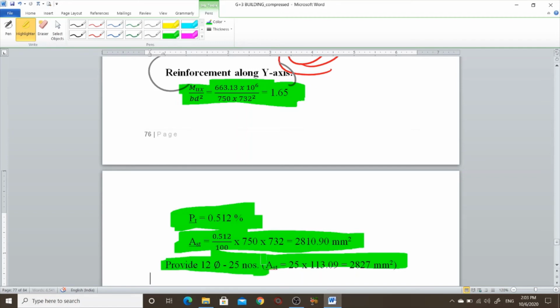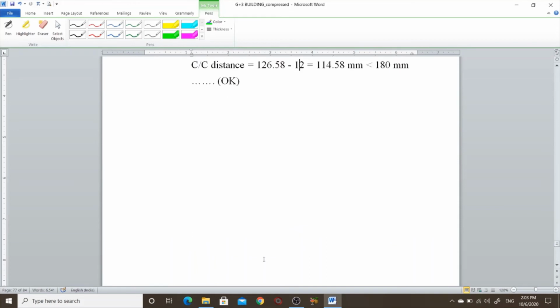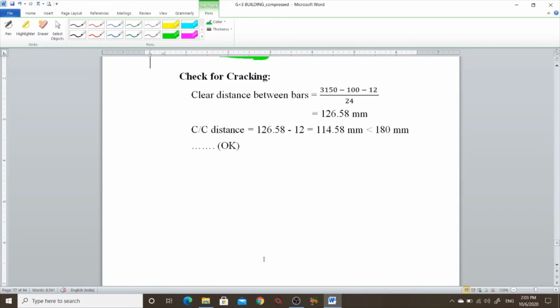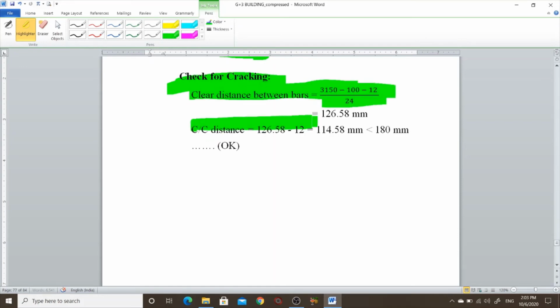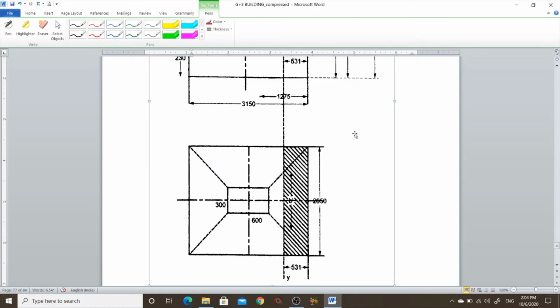So provided 12 mm dia, 25 numbers of bars. Same formula for the check for cracking. For the check for cracking, the clear distance between the bars here is 114.58, less than 180 mm. So our design is safe for cracking.